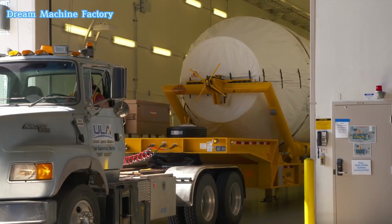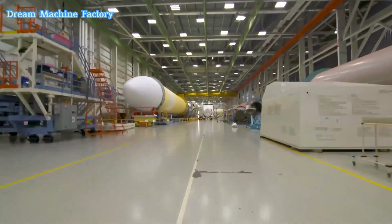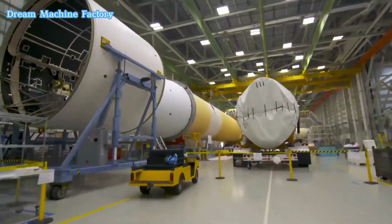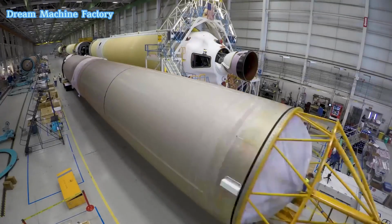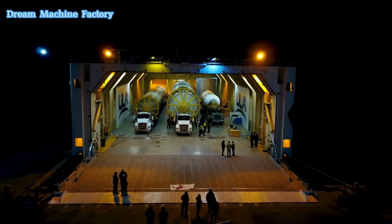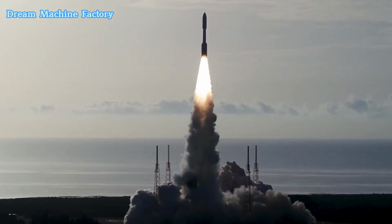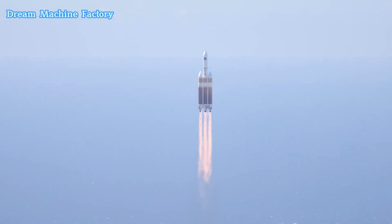United Launch Alliance, ULA, is a leader in the space industry, known for its reliable and accurate space missions. The rocket production process at ULA is a highly sophisticated and meticulous procedure, ensuring the rockets meet the rigorous standards required for both national security and space exploration missions. This process begins in ULA's 1.6 million square foot production facility in Decatur, Alabama, which serves as the heart of